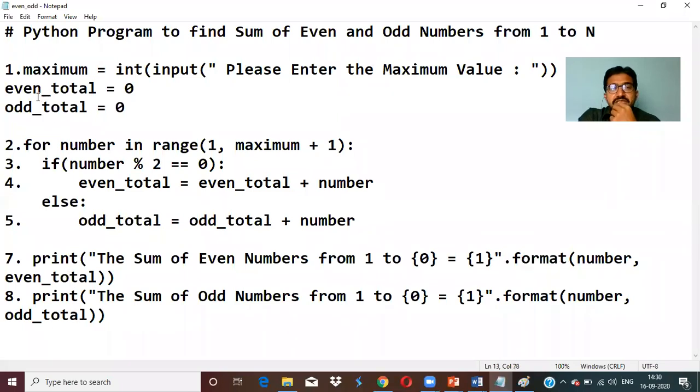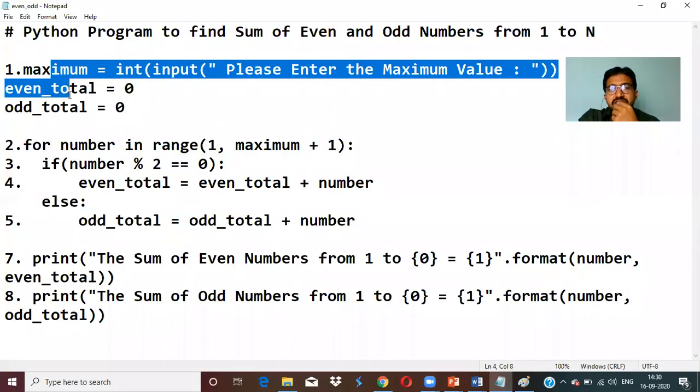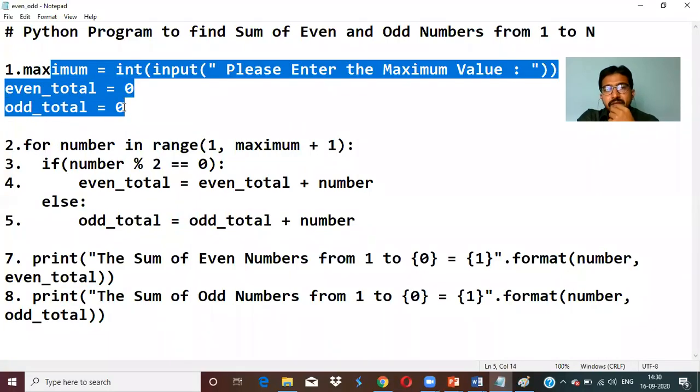Now, if you see the code, how many lines are there actually? Maximum equal to, this is the first line, even total equal to, second line, this is the third line, fourth, fifth, sixth, 7, 8, 9, 10, right? But for our understanding, all 3 are initialization: reading and initializing the values, initializing the even total and odd total.